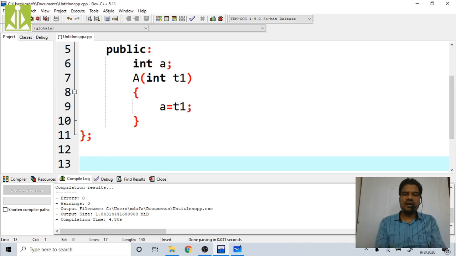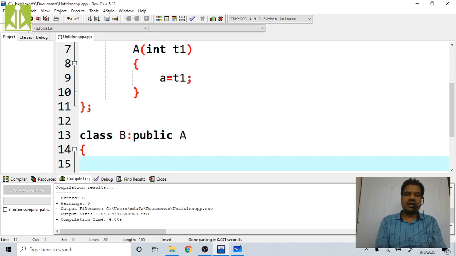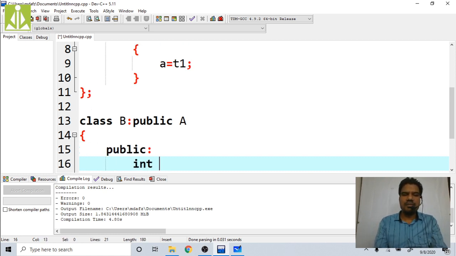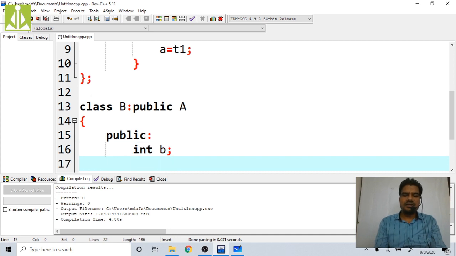Then we are going to derive one class B from that class A. So here my base class will be class A and derived class will be class B. So class B, take the inheritance operator, then public keyword, and we are deriving it from A class. So here I will get that A, as well as it is going to have another public parameter, that is int B. So in this, call the constructor with two parameters, int t1 comma int t2.